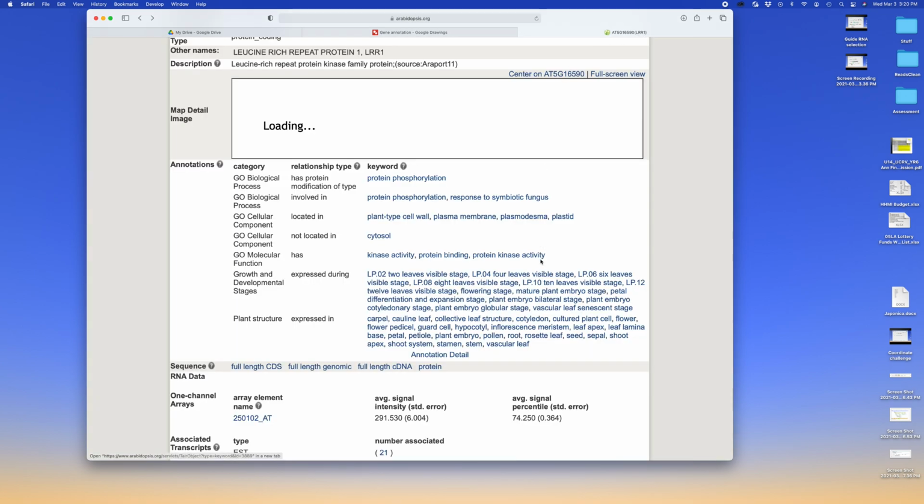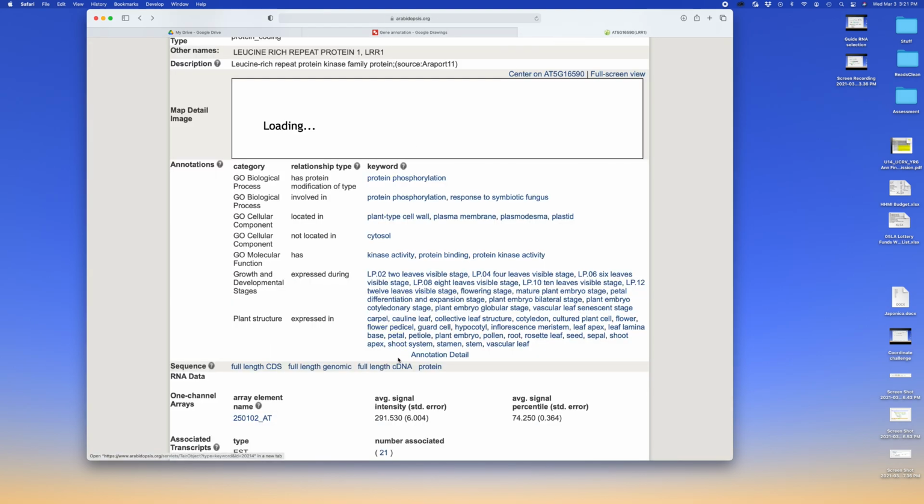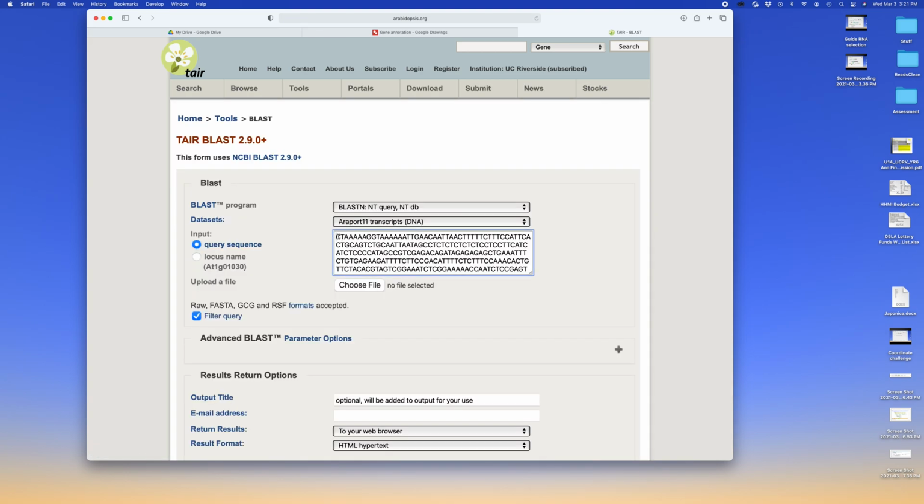So then I'm going to go and get my full-length cDNA, okay, because this time we want to include the UTRs, because we really would like the primers to be located in the UTRs. So the full-length cDNA is the CDS with the addition of the UTRs on the end, right, but no introns. So this is what we're going to use to design our primers. Okay, select all, copy,